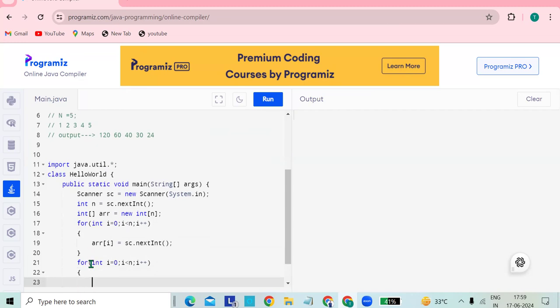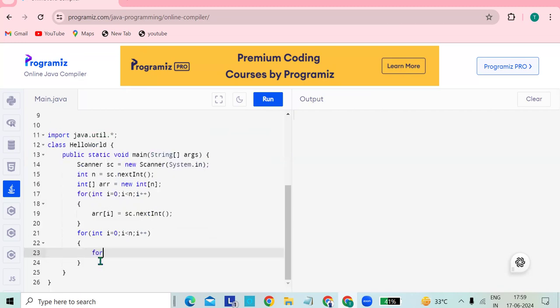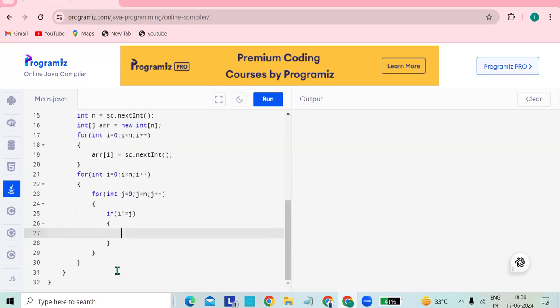So how can you traverse? By using a for loop. So in this for loop, I will take another for loop. So I will check when int i is equal to 0 and j is equal to 0. Whether it is this, I will compare using an if condition here. See how I will compare. So if i not equal to j, then you have to